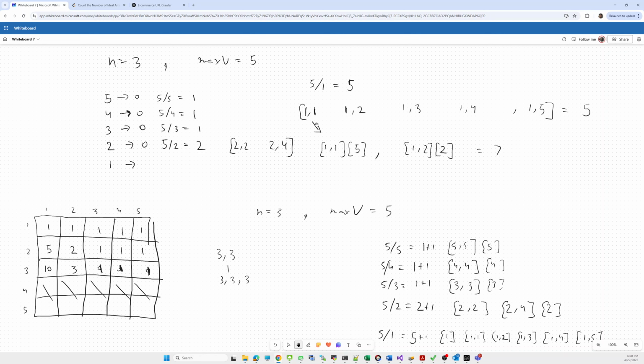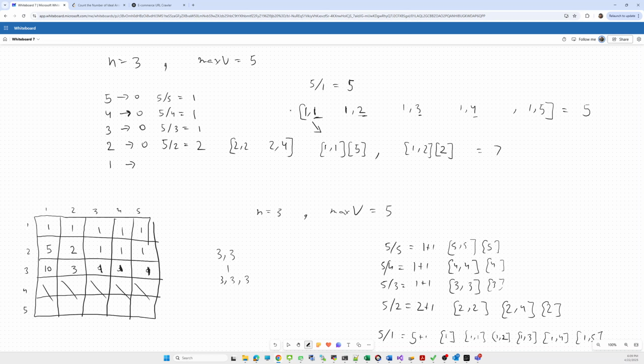Now we have to check for the next one, so we check this one. The number of sequences again is 5, which is 1 1, and then the ones ending in this last one, similarly this last 2, this last 3 and this last 4. So we need all of that information.